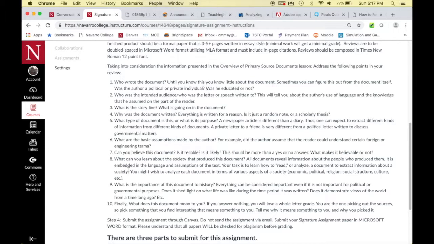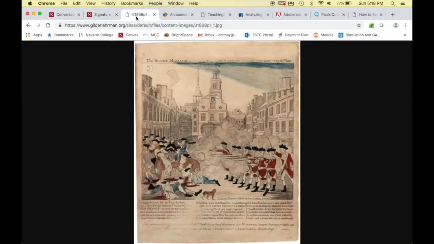So this image, again, by Paul Revere, what can we learn about the society that this was published in? Well, we can see representation of tension in this image between the colonists and the British. We can also get a sense of how public opinion is shifting, or maybe we can get a sense of how Revere and those like him are trying to shift public opinion by portraying the British as brutish and